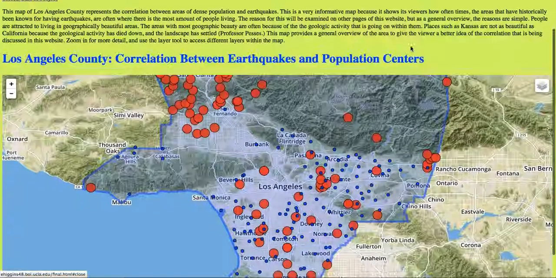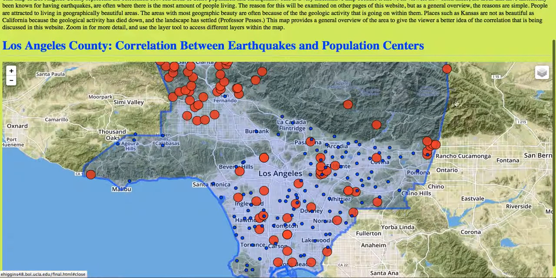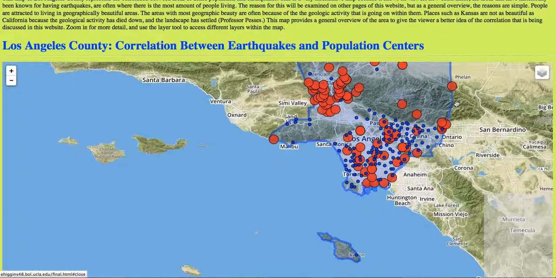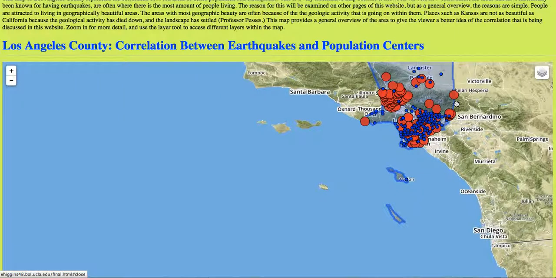I thought the correlation was pretty strong when you have the map zoomed up like this, but when you zoom out just a little bit, you can see the correlation is really strong. Like when you're looking at it from a distance, you can really see it there. The population and earthquakes are pretty closely correlated, so I thought it was a really interesting and important topic to